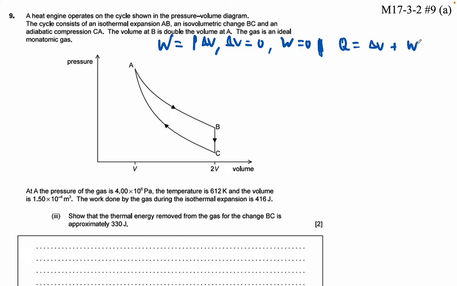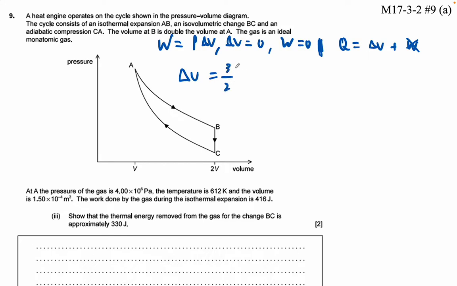plus work. And we know that this is 0, okay? So the change in internal energy is going to be the heat removed from the gas. These are equal because work is 0, okay? So now the question is, how do you find the change in internal energy? That's fairly straightforward. The change in internal energy is going to be, since this is an ideal monatomic gas,